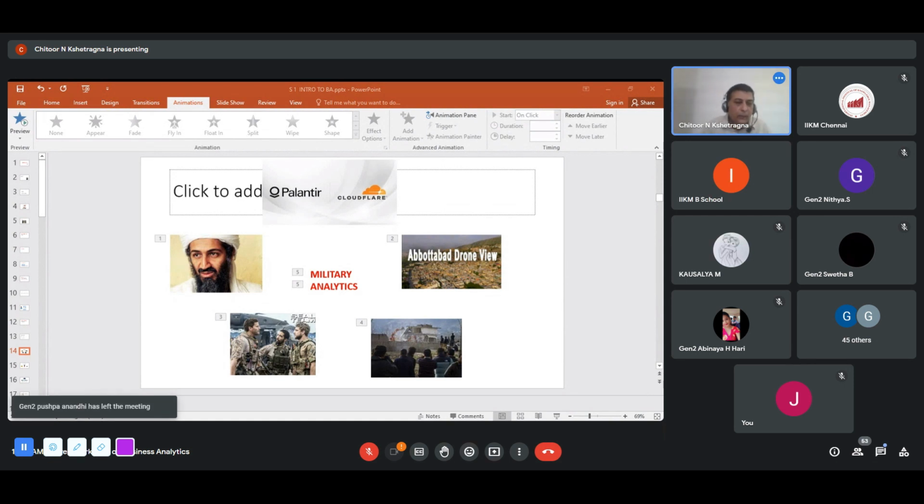Okay, let's come back. The person who is there, the bearded person, any guesses by anybody? He was a terrorist. That's the clue I'm giving. Yeah, that's right. That's Akshay. It's Osama bin Laden. That's right.